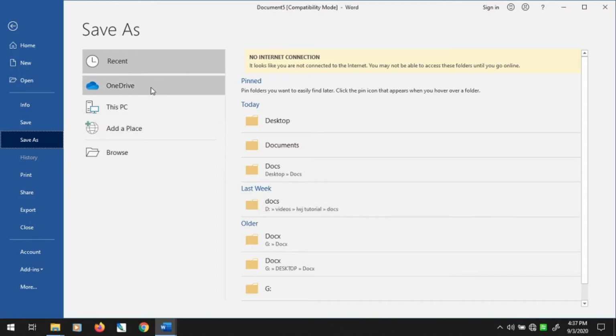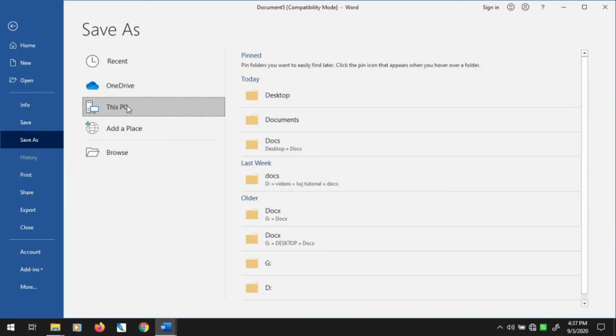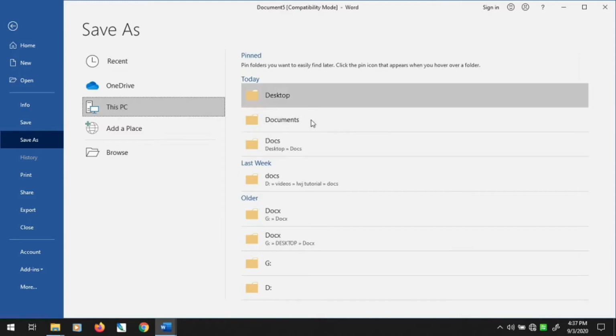Like you want to save your file on OneDrive; for OneDrive you will have to sign in to your account. Then next it is asking in the PC at which folder you want to save your file. You can save your file in any location in the PC, either in the Documents section, Downloads section, Desktop, or anywhere in your C drive.